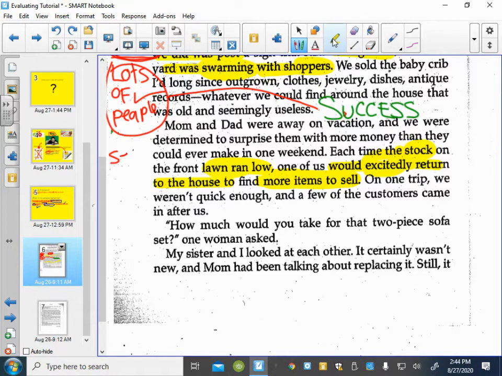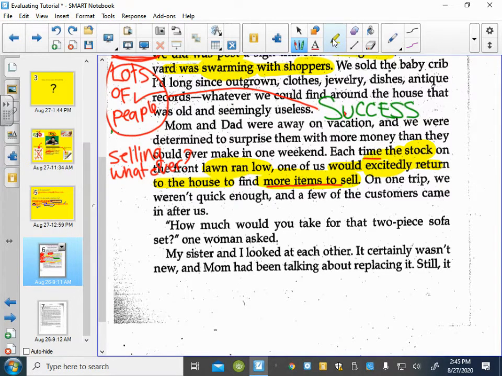Are they selling whatever? Are they going to sell everything if people buy it? The other fact is they're bringing more items, so I'm wondering, are they selling everything?